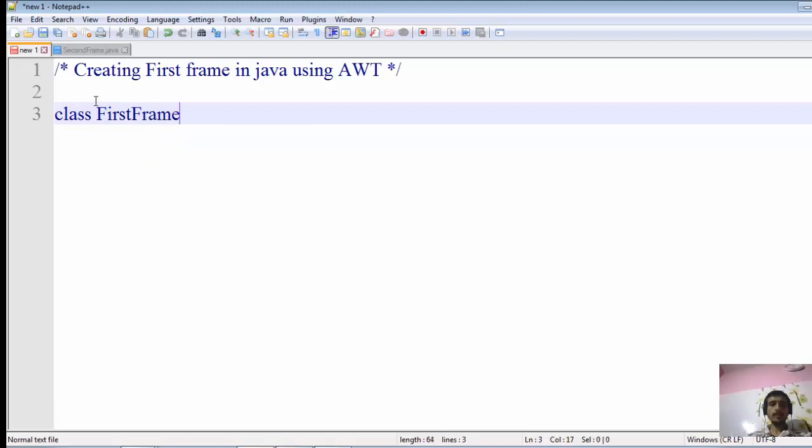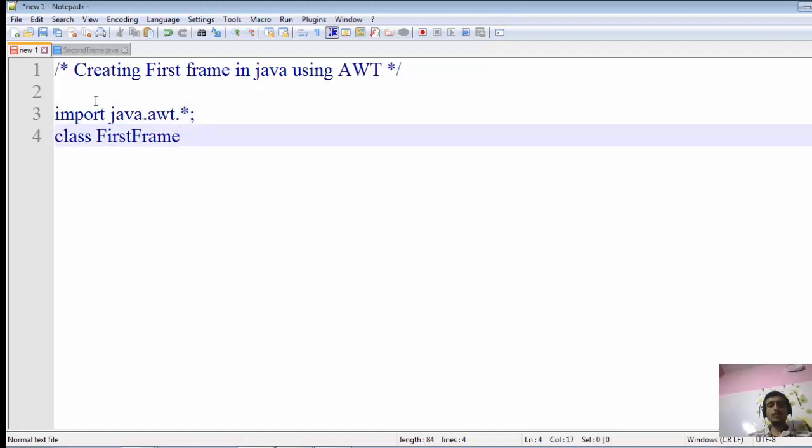frame, and for this we have to import a package, that is import java.awt.*. It will include all the files that are available for our project.